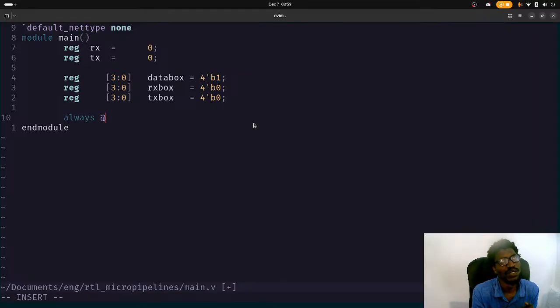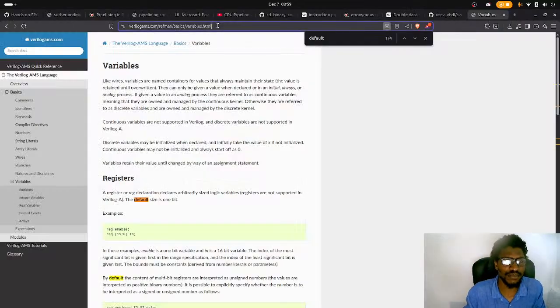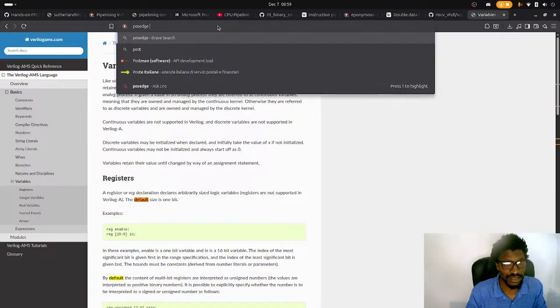So we want to send data, but we want to do something, and then it will be done at the second transition. So always at pos edge or neg edge. Verilog